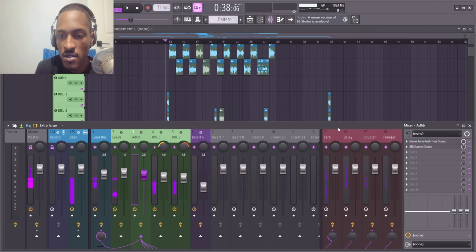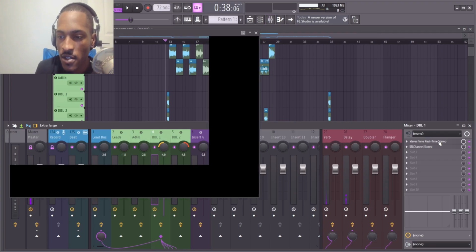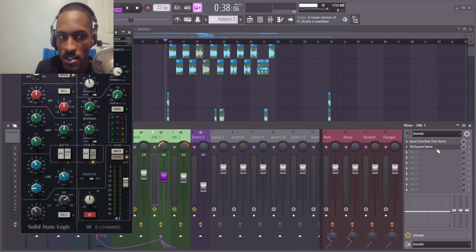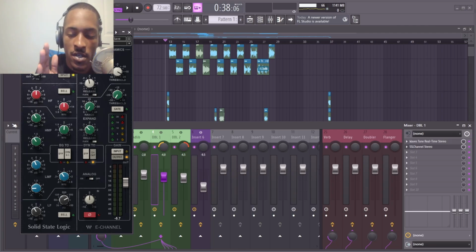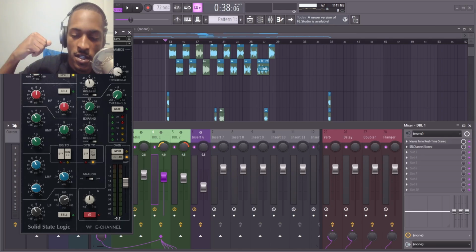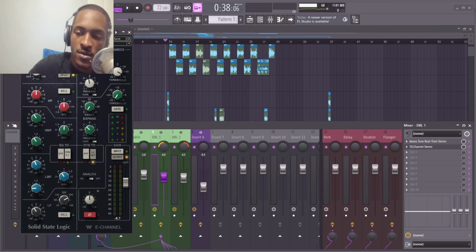So all I did was just auto-tune in the SSL. I just took out more low end on the high pass filter and took out more high end on the low pass filter. I'm taking out more low end because if you take out a bunch of low end, it makes the voice sound further away, and it makes it to where the lead vocal and the background vocals don't compete. Same with the high end. If you take out more sibilants, you sound further away, and it's not competing with the lead vocal.